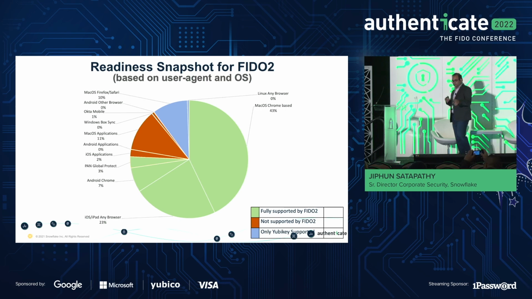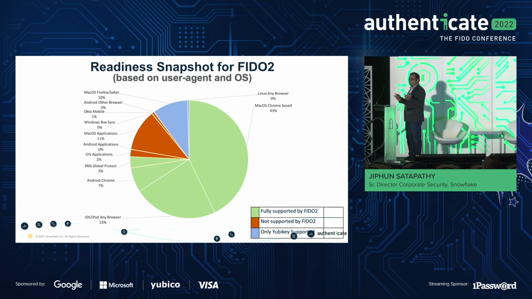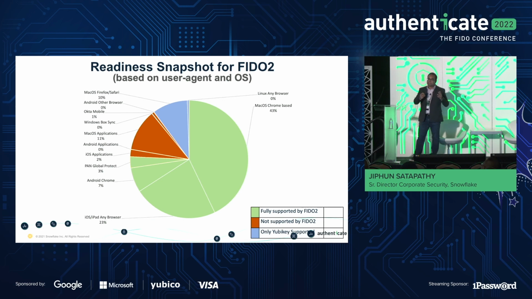As I said, one of the key advantages we had is around Mac OS, because that was our primary platform for people to use. But we did that analysis, and obviously this is not static. This keeps on changing, because as employee count grows, different types of applications grow. This is a snapshot that we took before we started our journey. 75% plus is where we saw that it should be fully supported. We should be able to go and enable that and enforce FIDO2 based MFA.